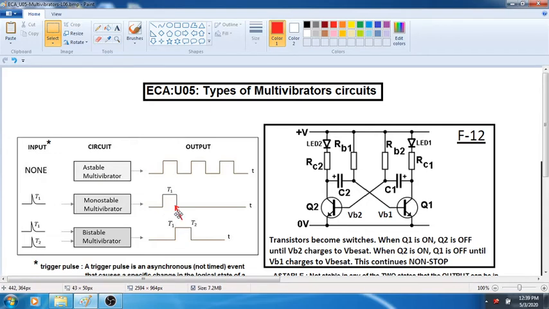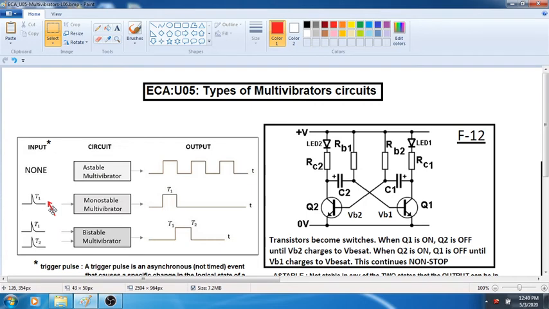Whereas the monostable multivibrator is not like that. No, I want to be in the low state only. Now we have to tell it, please go to the high state. We have to tell the multivibrator. Now how do we tell the multivibrator? We have to give a signal. Whenever a signal has to be given to the multivibrator to change the state from one state to the other state, we call that a trigger.